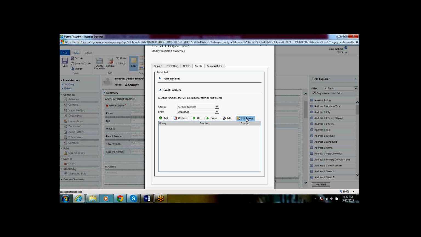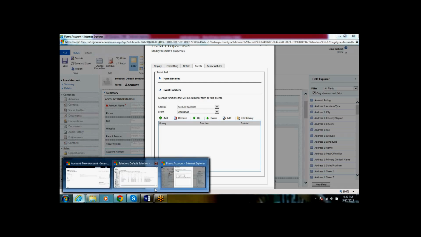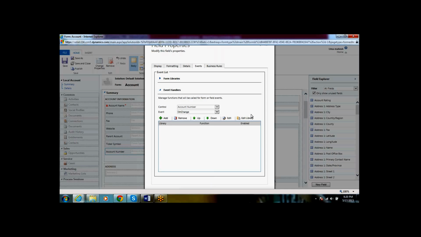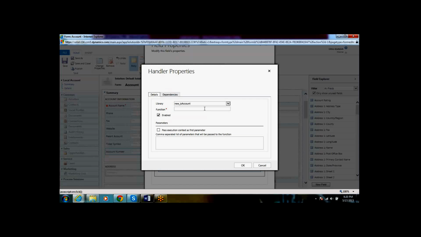I can edit the library and write another method. Here also I will call the same method, set values. Click on OK.